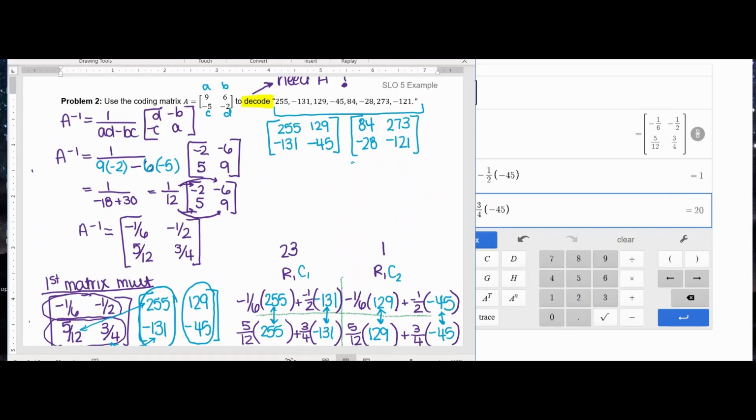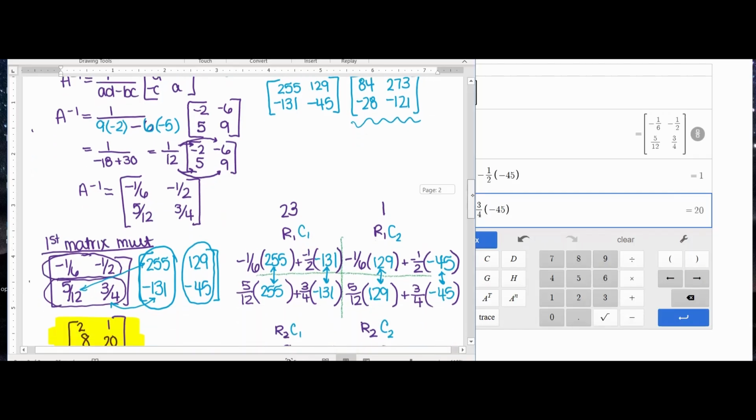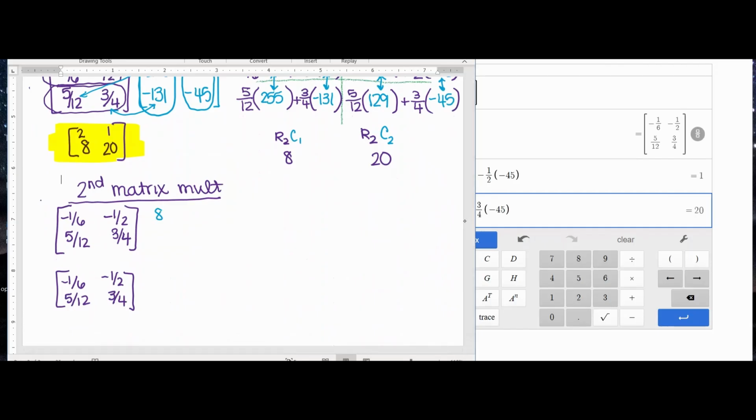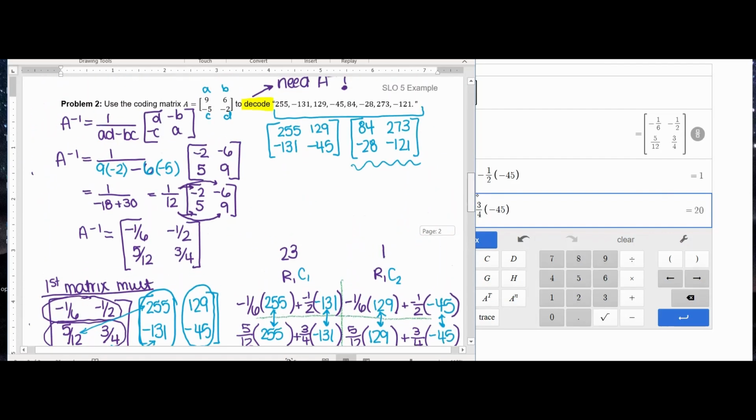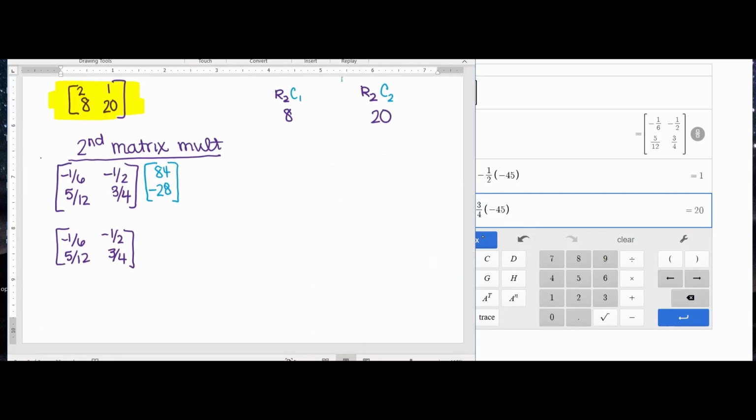So if I'm looking at this second matrix, I can multiply A inverse times the 84, negative 28, 273, negative 121, just like I did in the first matrix multiplication. But if you're getting lost with that, break it up. Do 84, negative 28, and then 273, negative 121. Now here you have to do two multiplications that are separate, but some students really like this method better,